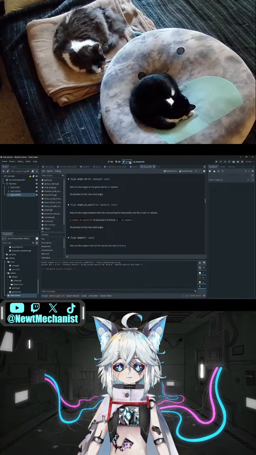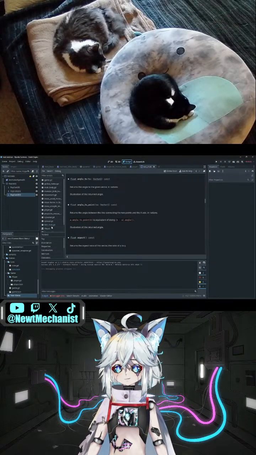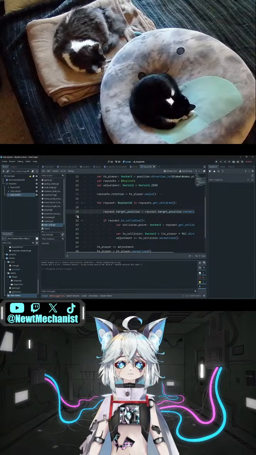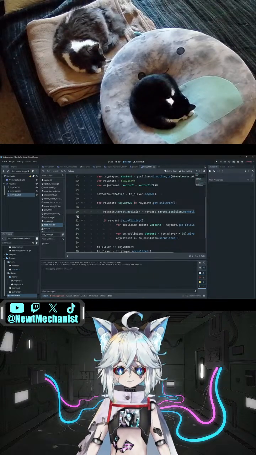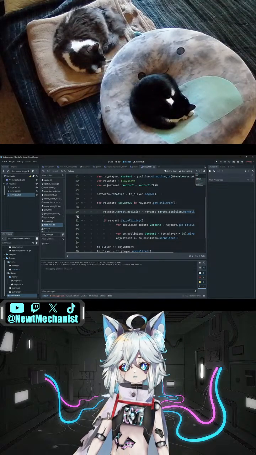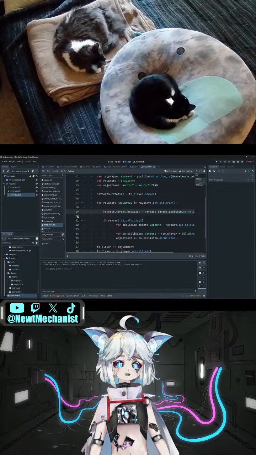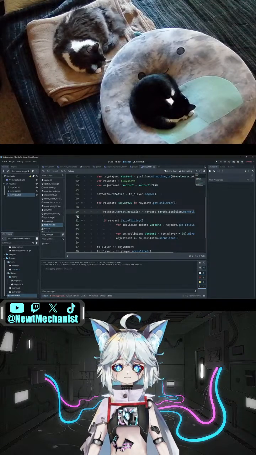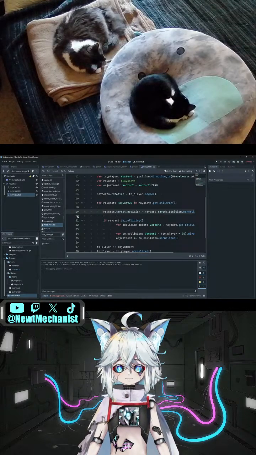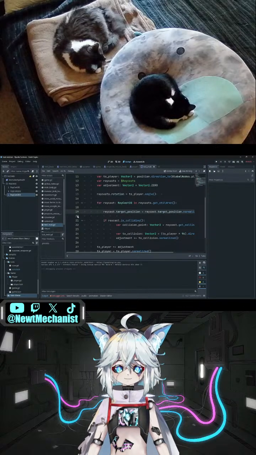But will that work? So now if I cast the line to the collision point,